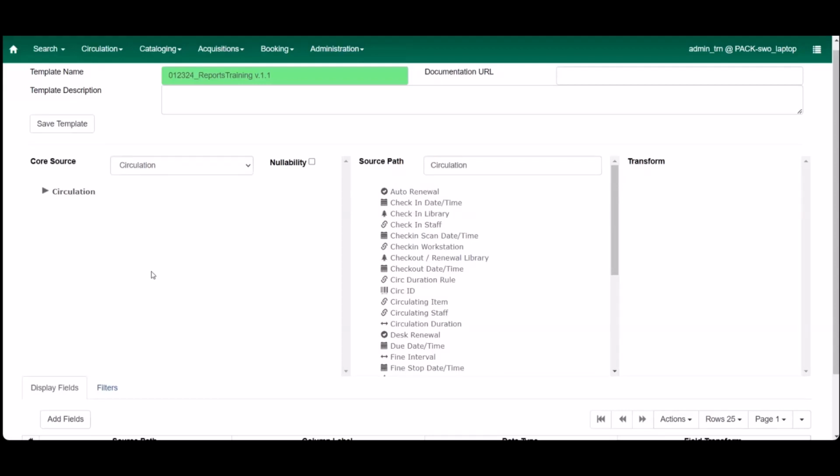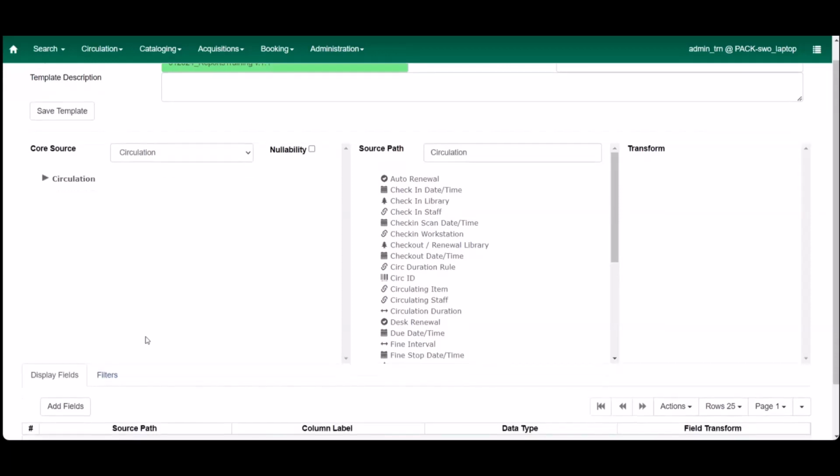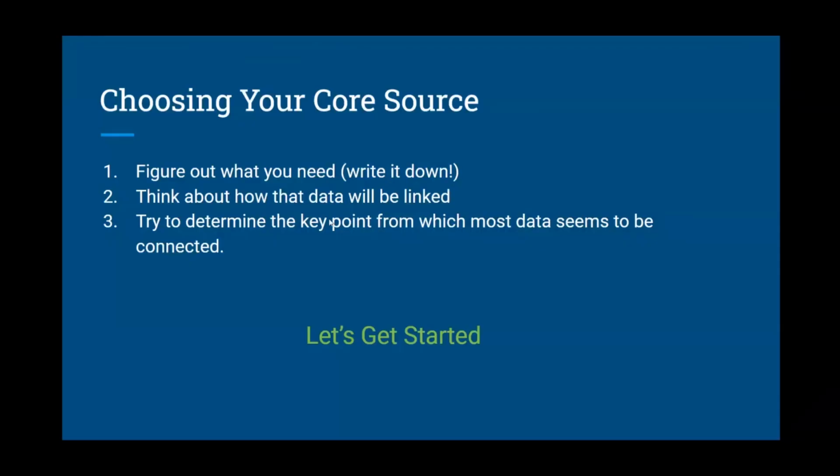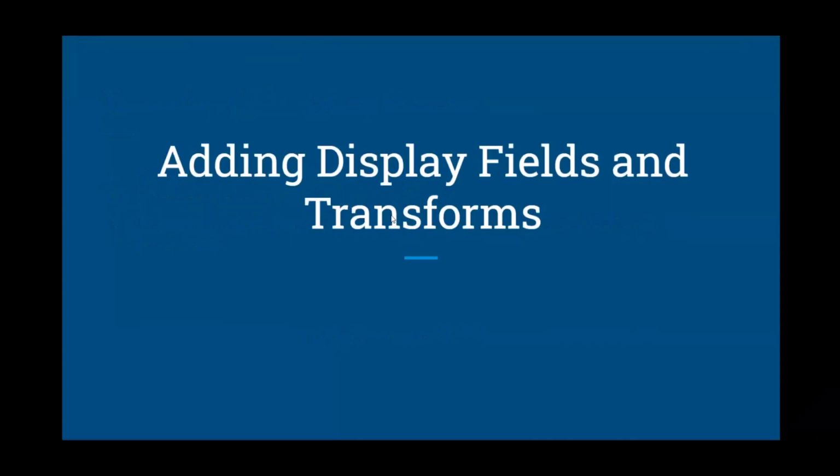So at this point, I've chosen my source. The next thing I need to do is figure out what I actually want to show up in my report. Which columns, which of these options in this source path over here, do I want to actually see in my output? So the next thing we're going to talk about then is display fields, and then how to manipulate those using